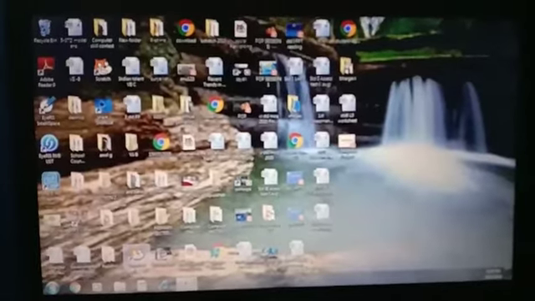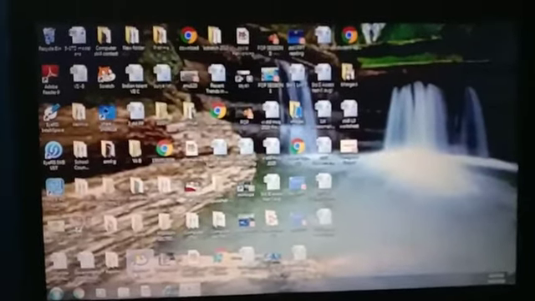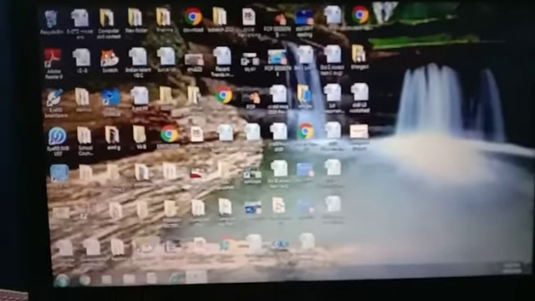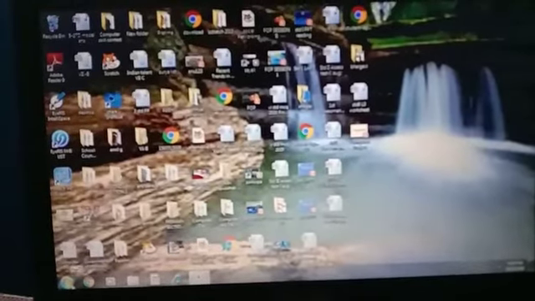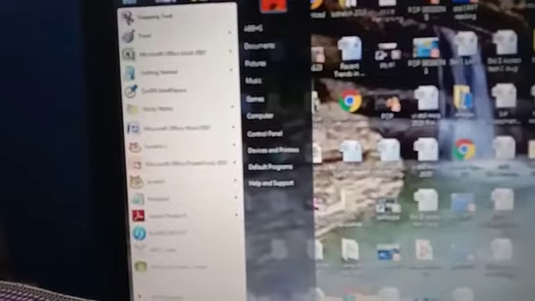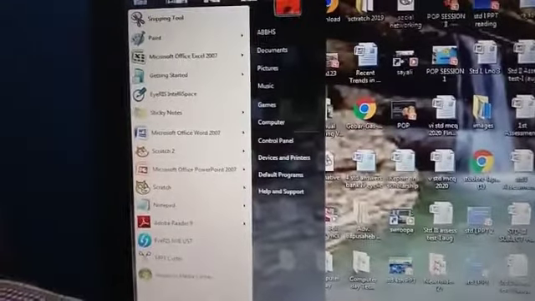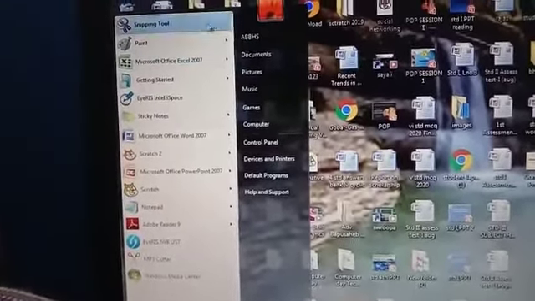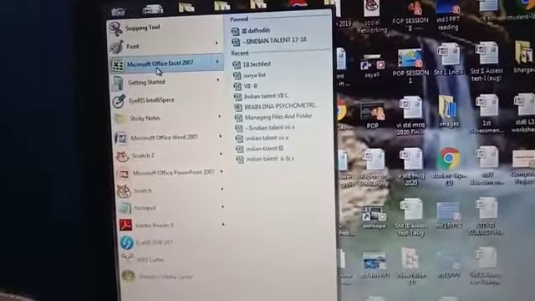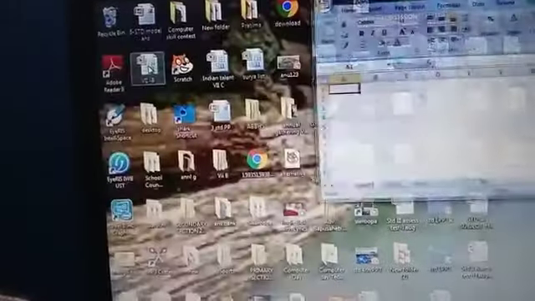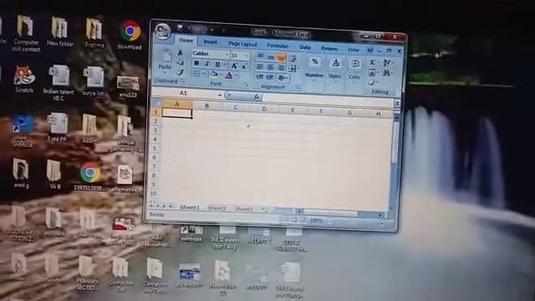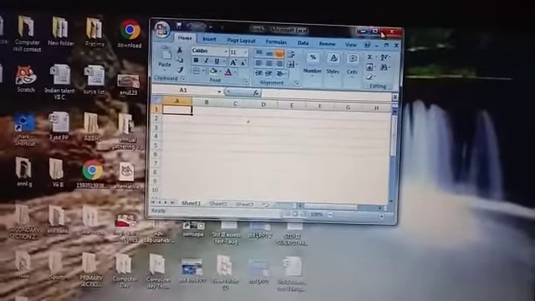So children, let's begin with a practical. Okay, so first we'll go to the Start button. Click on that. Next, you will click on Microsoft Office 2007, and your window gets opened, right?